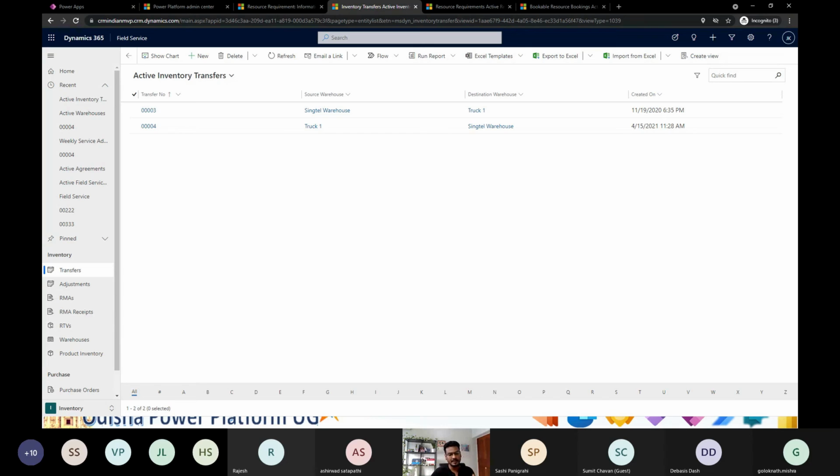So in that way, you can completely track what product has been picked up from the warehouse and what product has been installed at the customer location, right from picking up from the warehouse to delivering to the customer location. You can track everything. So you can track which field engineer picked it up, and then maybe he will transfer it to some other field engineer, and then someone will go and put it at the customer location, and eventually the piece of equipment